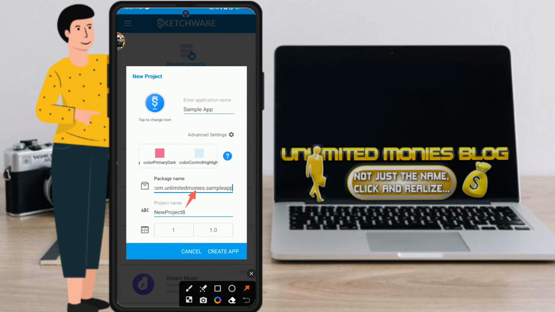The middle name is what you will be repeating. Maybe you want to create something like a keystore to sign your app. When you want to create a keystore to sign your app, it is the name that you will use, so that this name repeats in your keystore. Number one. Then let this name also repeat in your developer console account, because once all this is repeating, Google will not decline or reject your app during the process of uploading or publishing your app on stores, because some of these things make it look as if the app